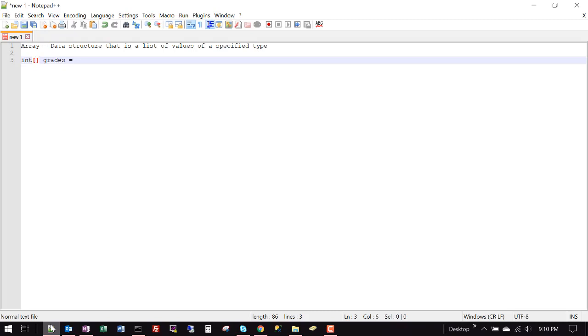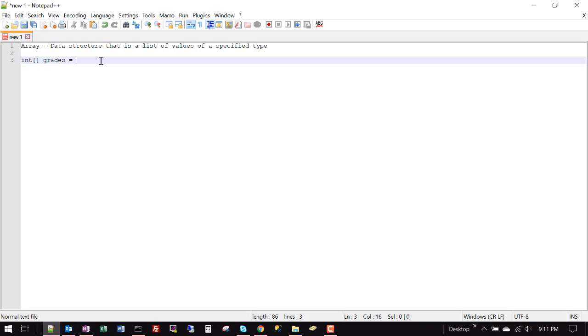Either we can do those square brackets on the data type, or we can do them on the name of the array, or the variable name. Customarily, you'll see most people put them on the data type, and one of the reasons is because